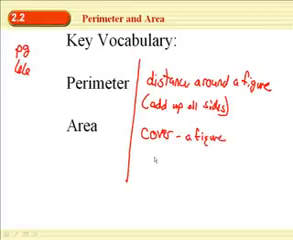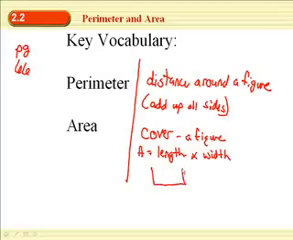Okay, cover a figure, like for example in real life that would be if you want to put carpet on the floor, if you want to put paint on the wall, that covers the wall. And right now we're going to be dealing with rectangles. So for a rectangle, the area would be length times width. And basically, let me draw a little picture, it's how many squares it would take